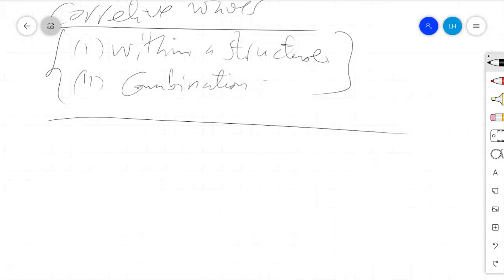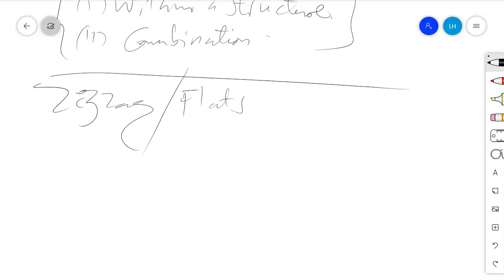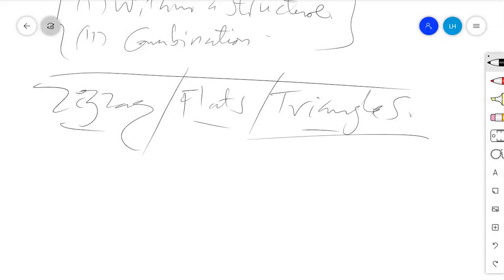So now let us see the issues of correction, the structure of the market within an individual corrective structure, and how this structure alternates. Mainly, corrective structures are of different types. Corrective structures can be zigzags, flats, and also triangles. So we have zigzags, we have flats, and we have triangles.